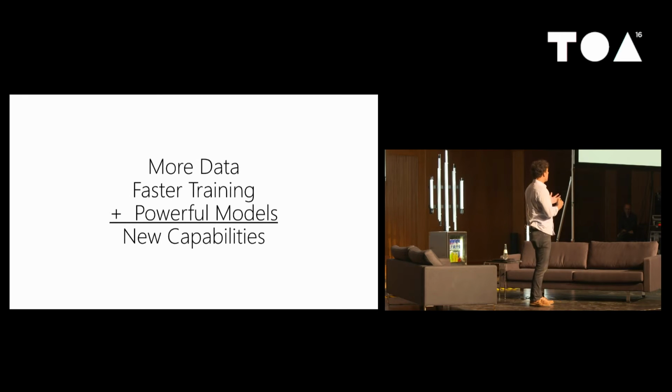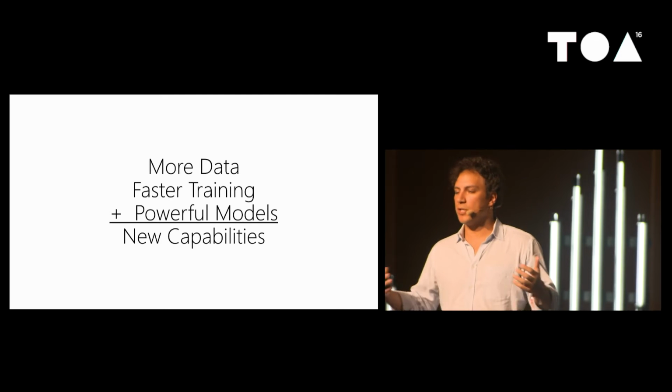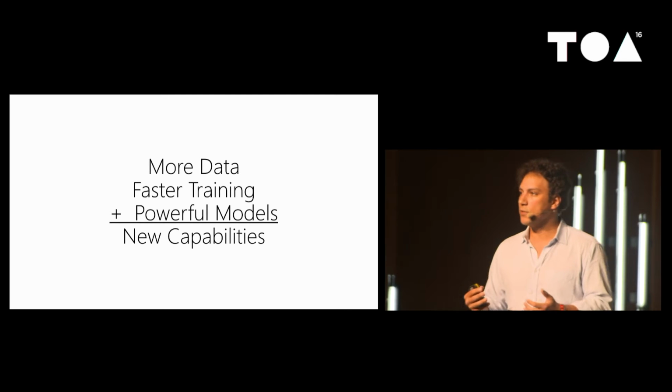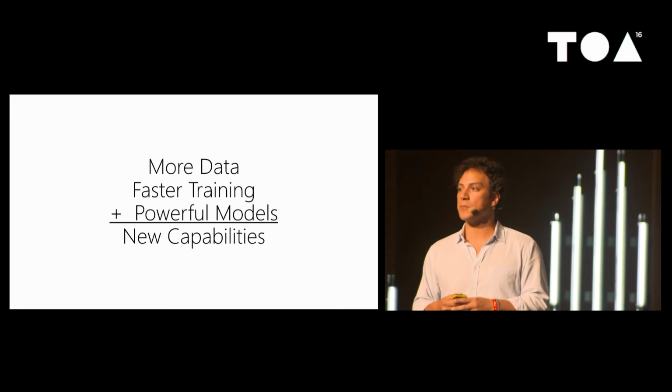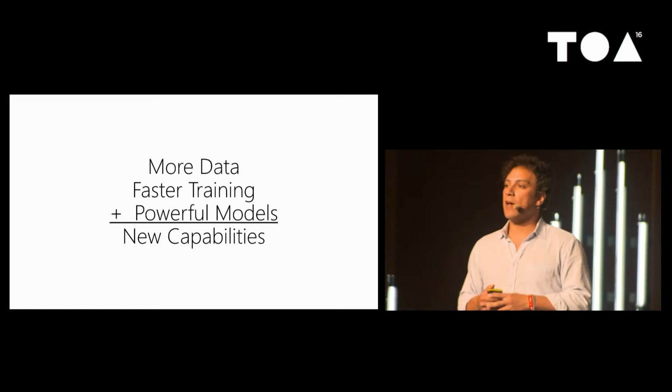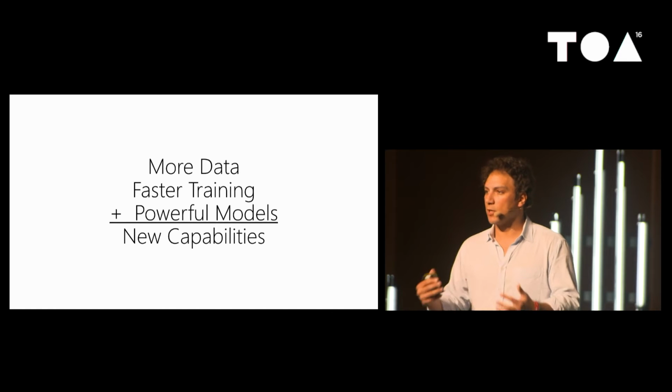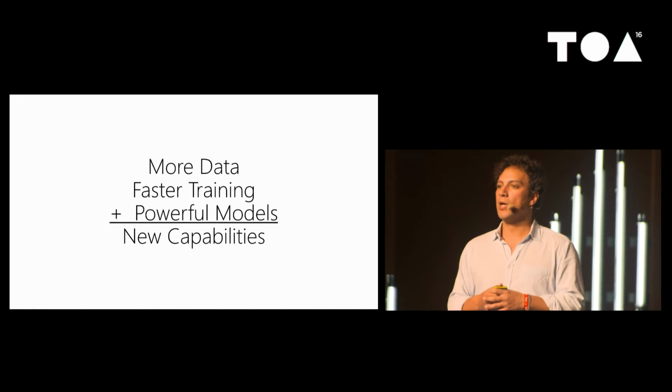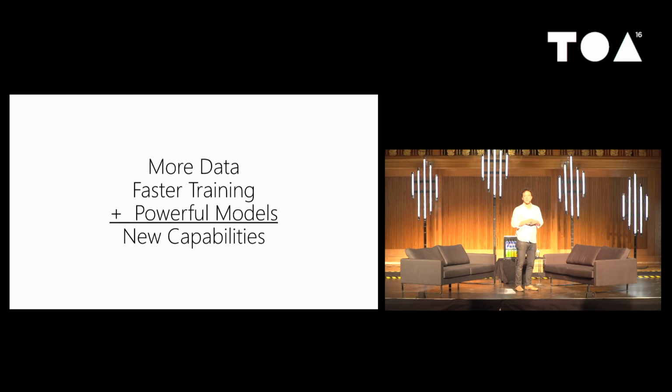What's happened in the past couple of years is exactly what I described before, happening much faster. Nowadays we have more data because we all live our lives online, and we have services like Facebook and Google and all the other things that we use that can accumulate all of this human data about people that we can analyze. So we have more data to build our approximations. We have faster training. Technology has improved. The software and hardware that we use to do the computation that makes us train these models is much better than it was just a couple years ago. And we have more powerful models. Neural networks, which I'll give you a brief overview of, are capable of learning all types of really complicated functions.